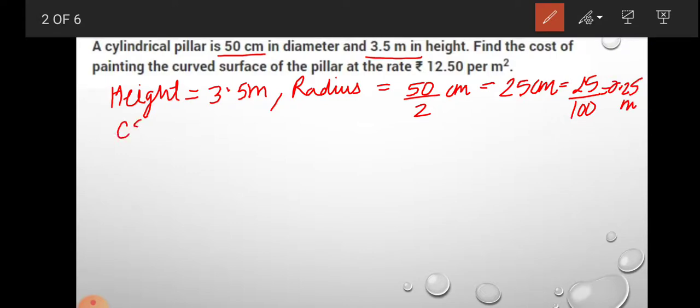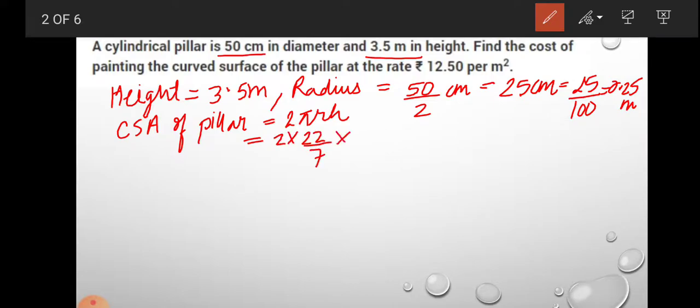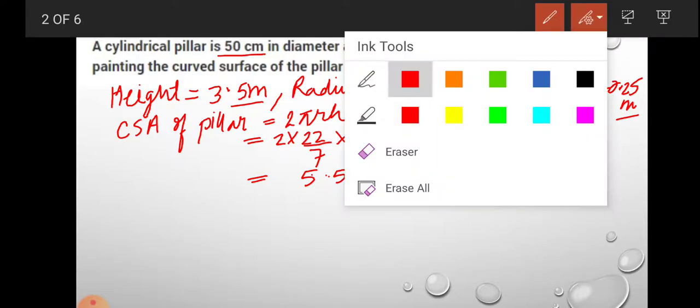Now curved surface area of pillar is 2 pi RH, which is equal to 2 into 22 by 7, radius is 0.25, into height is 3.5, which is equal to 5.5 meter square. Now cost of painting